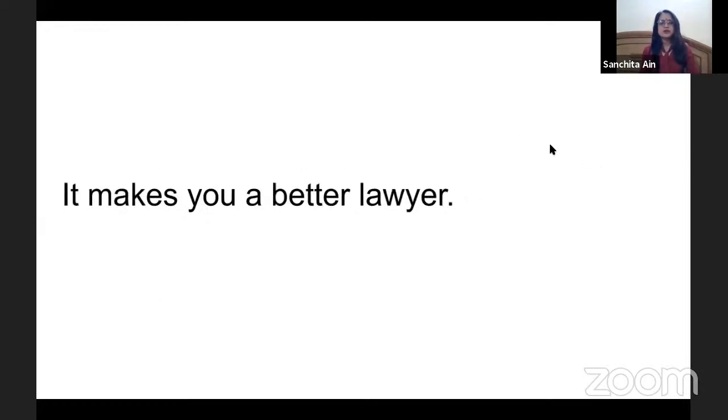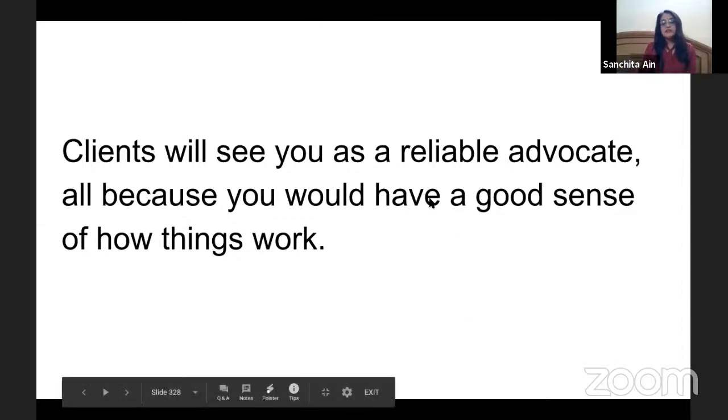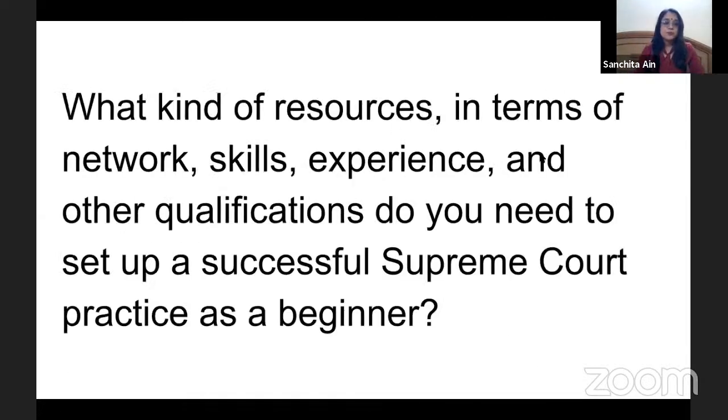I think this is very important because if you're practicing, it makes you a better lawyer, because if you're practicing in trial court, you should be able to tell your client that this is wrong. What the judge is doing won't hold water when it goes to the Supreme Court. Something of that sort you need to know, or you need to know even backward. Like if you have been handling Supreme Court matters, you would see the blunders that have been committed in courts below that now cannot be undone. And therefore, you don't commit those blunders yourself when you're practicing in the trial court.